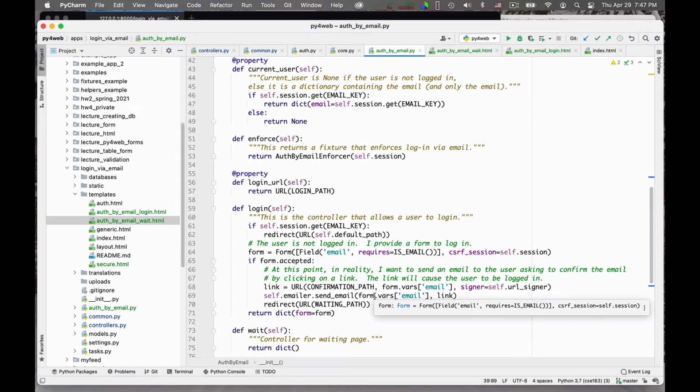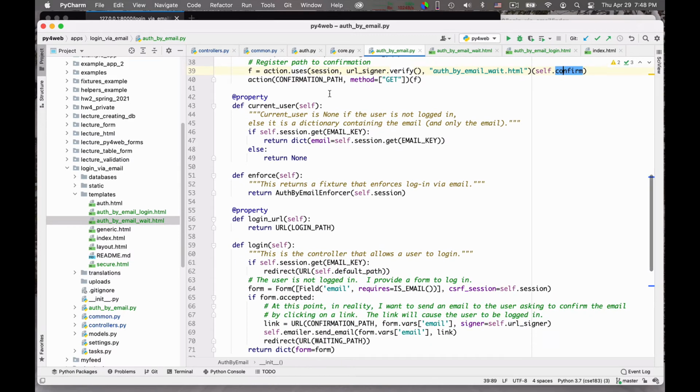Now, the important part is that I should not be able to change the email address in the link, because if I change it, I could replace the address with, I don't know, clara@ucsc.edu and log in as Clara instead of Luca. So we have to make sure that I cannot tamper with the link I receive. And so we need absolutely to check the signature here in order to confirm the registration. Okay, that is kind of key.